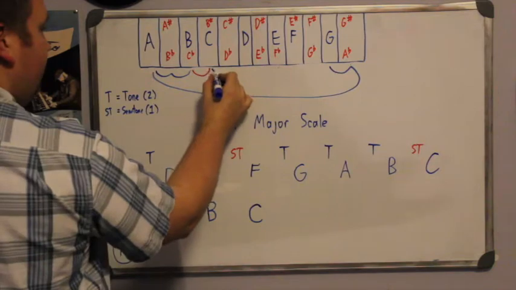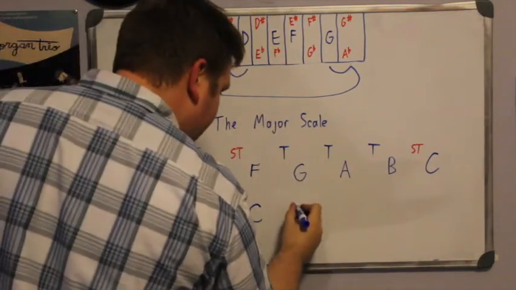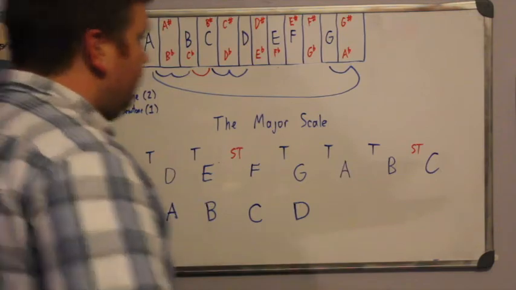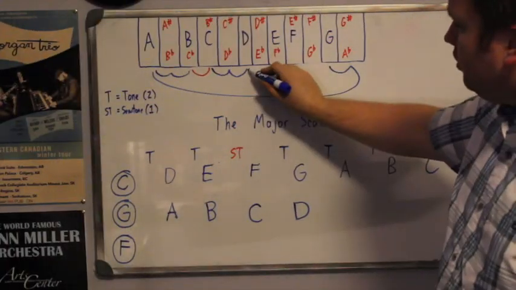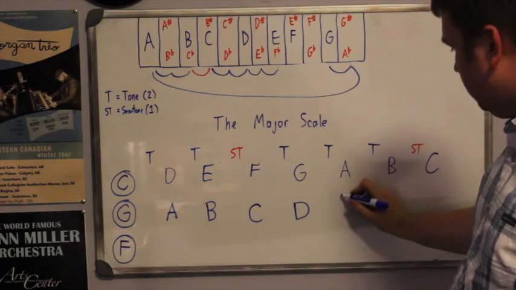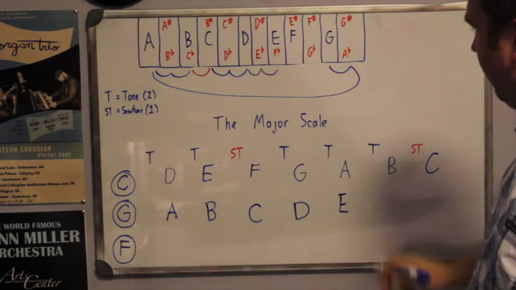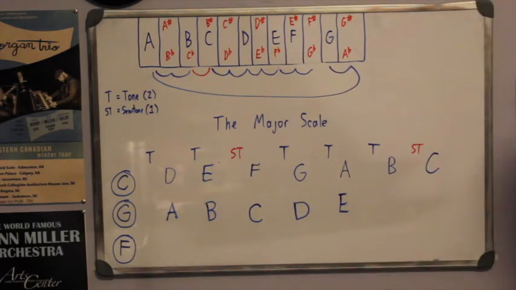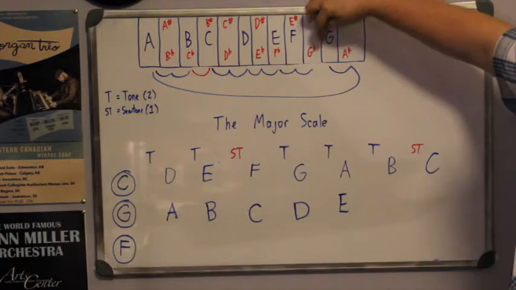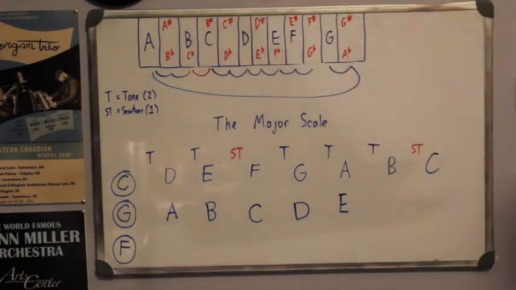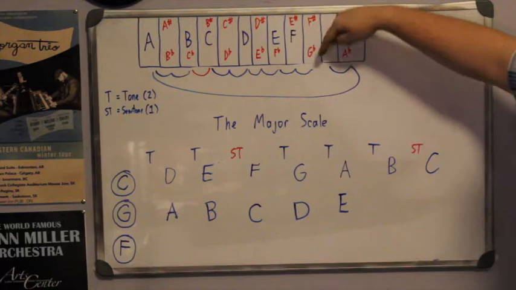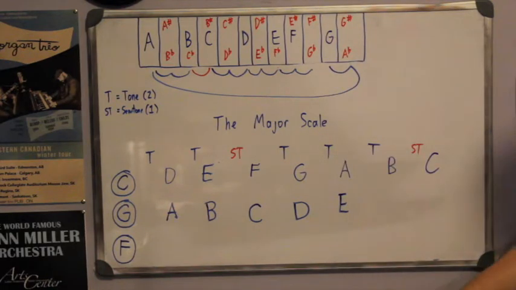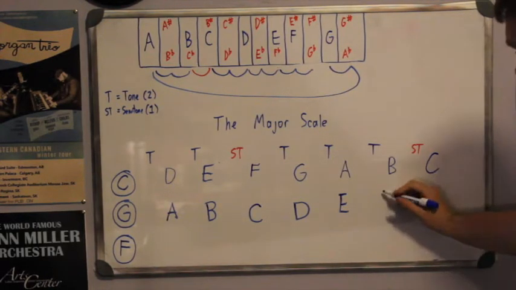Our next jump is a tone, 1, 2, taking us to D. Then we have another tone, 1, 2, bringing us to E. And now we have another tone, so we're going to go 1, 2. So we've come across a spot where we don't have just a regular note of our musical alphabet. A, B, C, D, E, F, G is our musical alphabet, and in between we have sharps and flats. So this note could have 2 potential names. What we're going to go with is F sharp